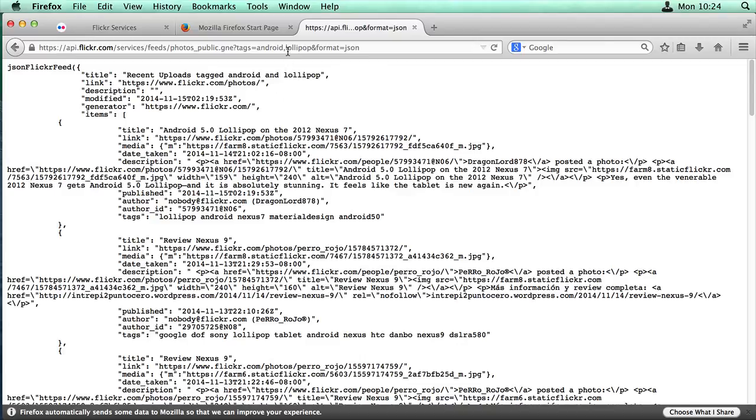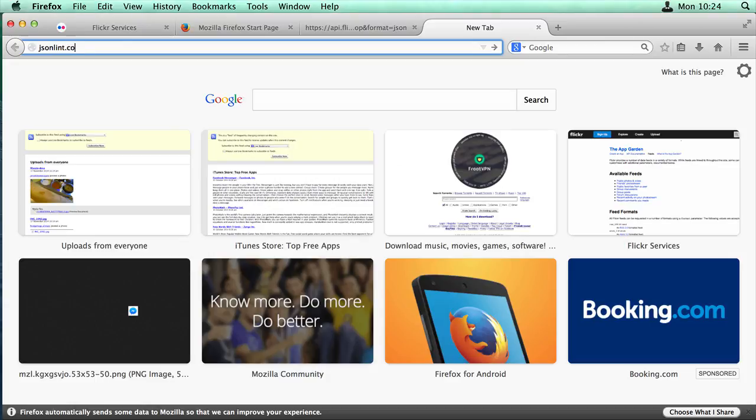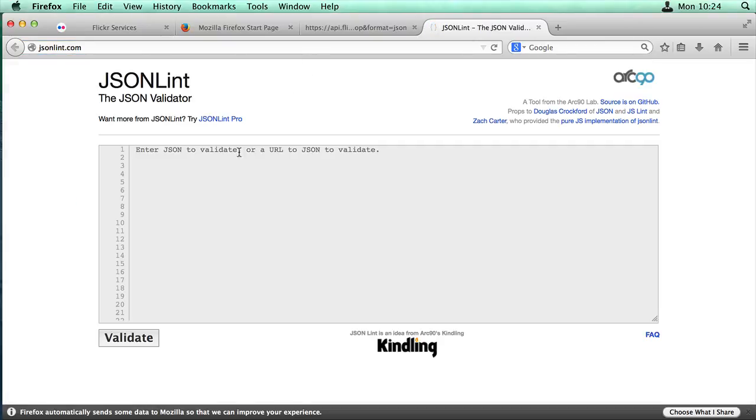So I'm going to copy this URL. I'm going to suggest you go to a site called jsonlint.com. This is a JSON validator. Basically it's really only there to help you confirm that a particular piece of code is valid. You can either paste in the URL, which I'm going to do here, or you can paste in the actual JSON data itself. So if we validate that,